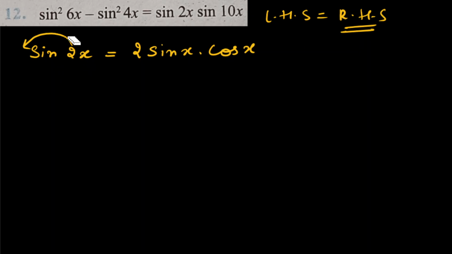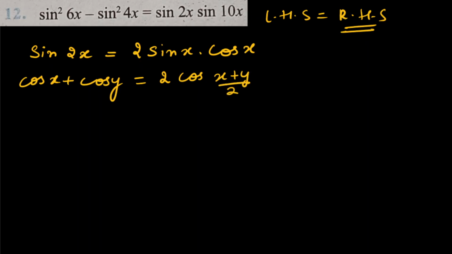So the previously learned identities which we learned in the previous video, just a small recap I will do because here also we might be using them. So four identities in the previous video we have learned. The first one of that is cos x plus cos y. So cos and cos getting added, so 2 cos, 2 will be there at the starting: 2 cos of (x plus y) by 2 into cos of (x minus y) by 2. So this pattern you have to remember.